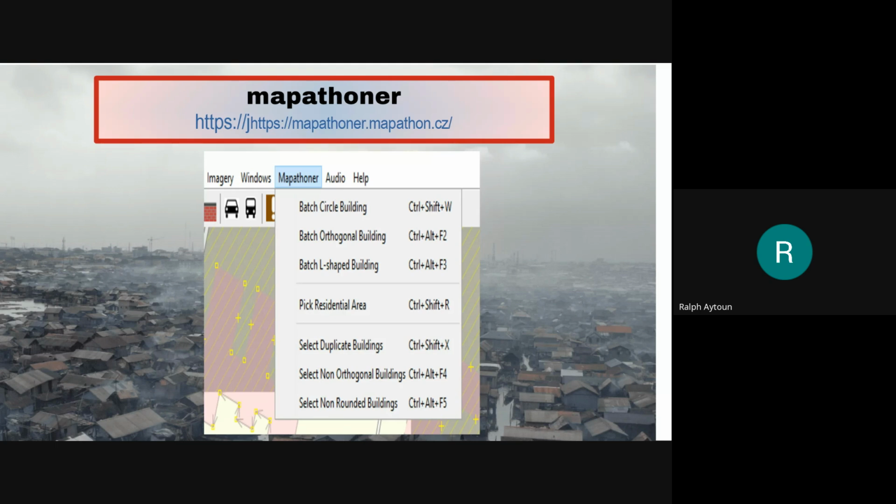You can pick residential areas, but interesting is the one that you select to duplicate buildings, Control-Shift-X. You can select non-orthogonal buildings, Control-Alt F4. Select non-round buildings, Control-Alt F5. Now those selects are,